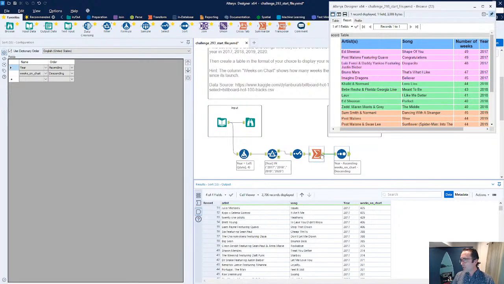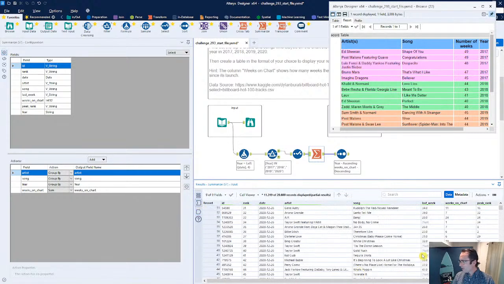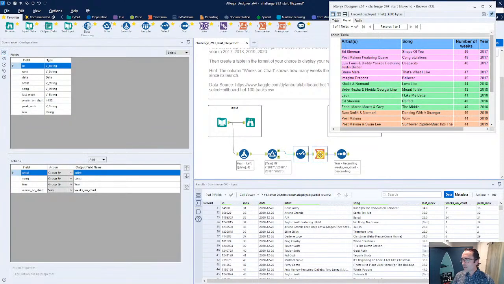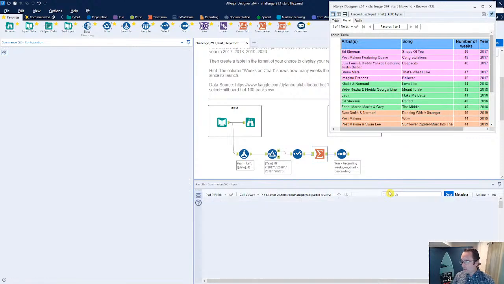Oh, you know what we also need to do? Because this is giving us a summary of the weeks on chart. That's the problem here. That's not actually giving me every week rank. So what we really need to do is actually break this down. And instead of summing the weeks on chart, I don't think that's the right call here, because that's actually giving us a cumulative, like a rolling total. So what I want to do, honestly, is I think I just want to do a straight up count, because that's going to tell me what each of these are.